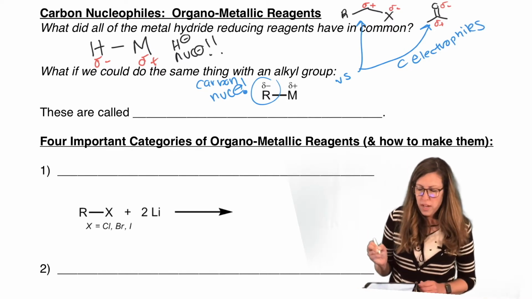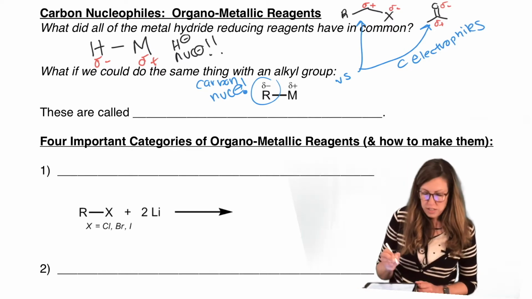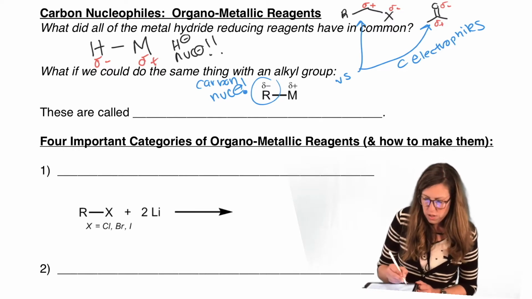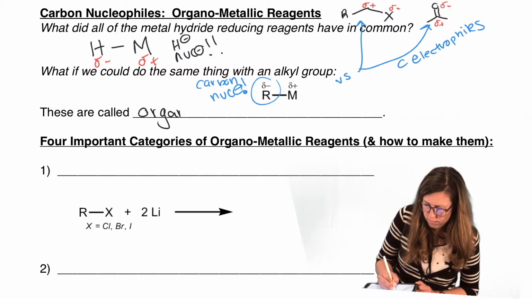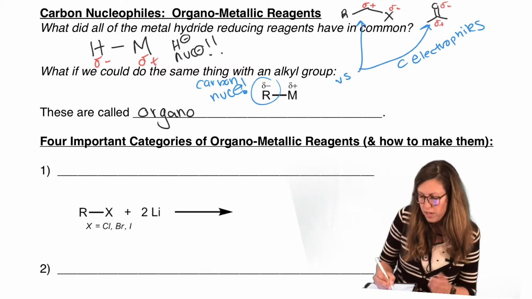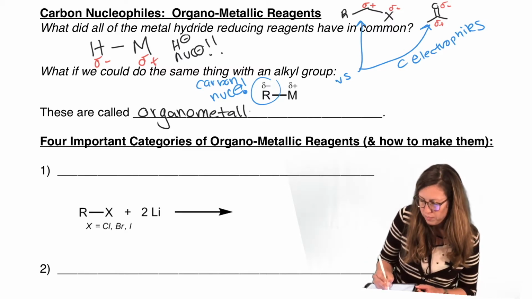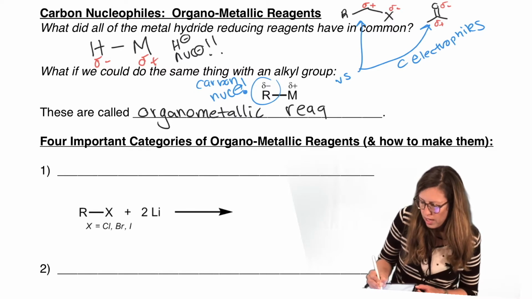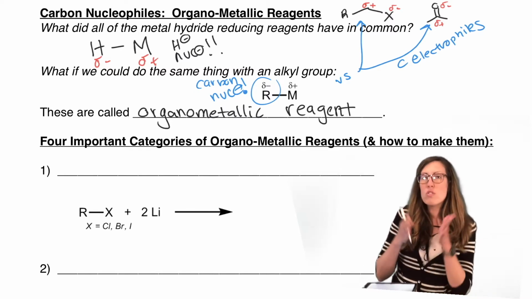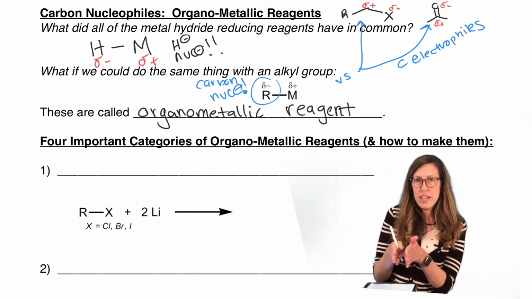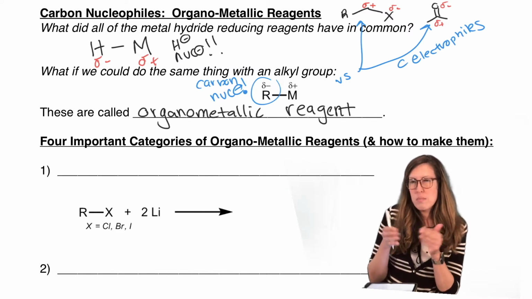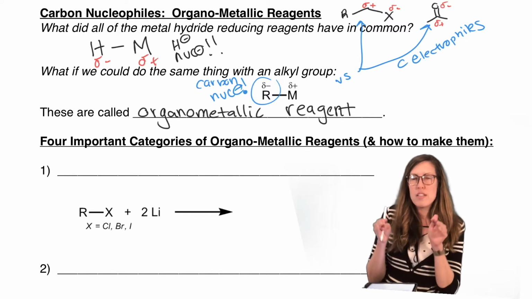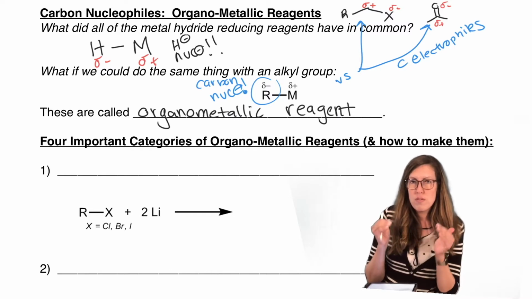So when we have carbon bonded directly to a metal, we call this an organometallic reagent. Organo for the carbon, metallic, of course, for the metal. And there are lots of them out there. That's its own special subfield of organic chemistry. But there are about, I'd say, half a dozen that rise to the top that are used very frequently.